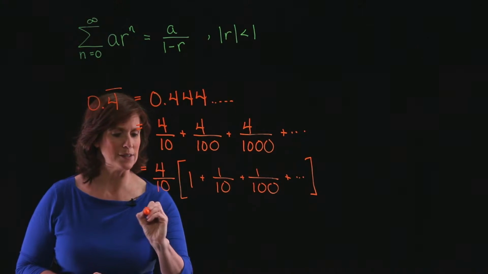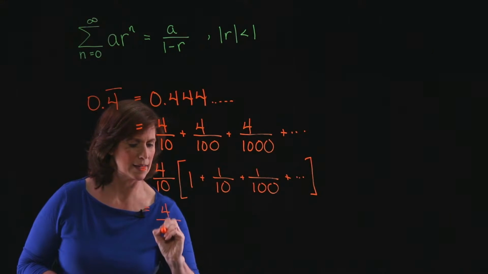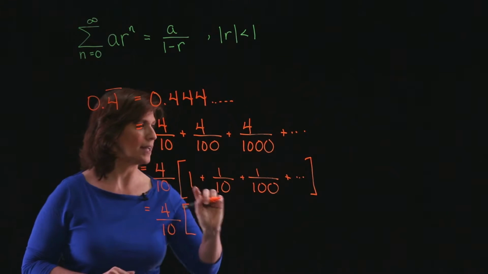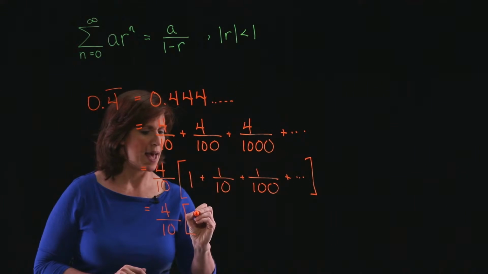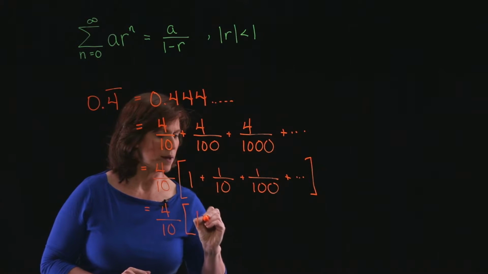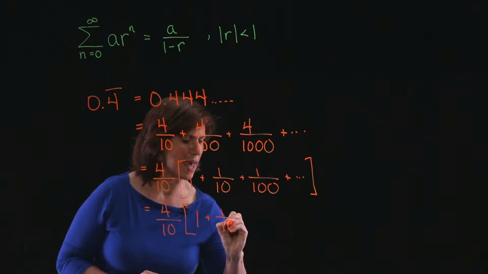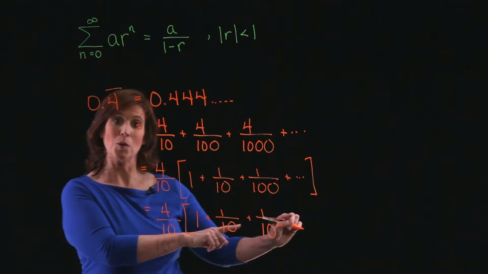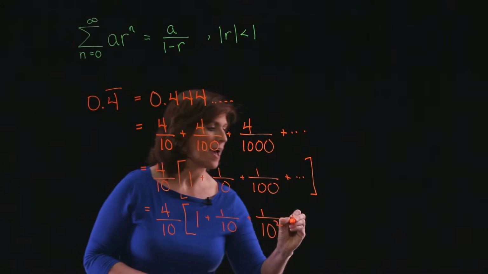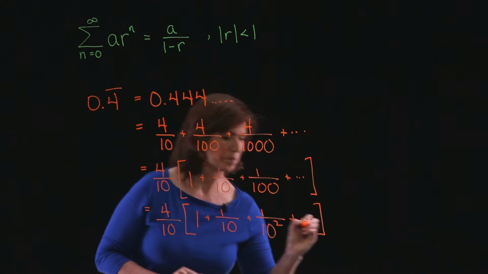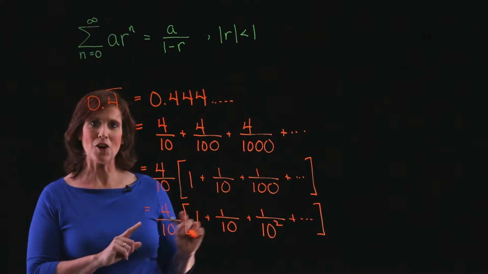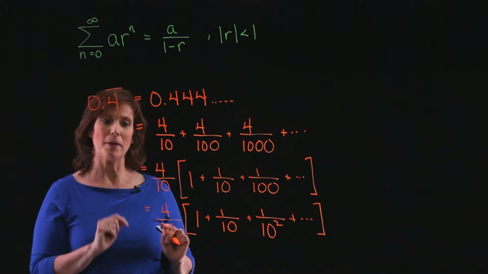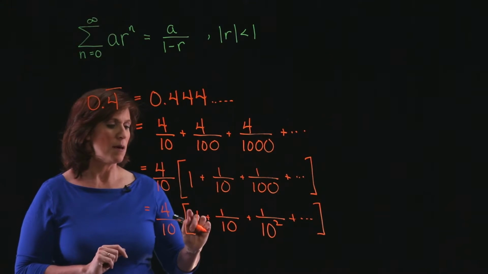And then I'm going to notice that I can write this piece that's in parentheses as 1 plus 1 over 10 plus 1 over 10 squared. The next term would be 1 over 10 cubed, and so on. Okay, so now I'm starting to get the feel that it looks a little bit like a geometric series,